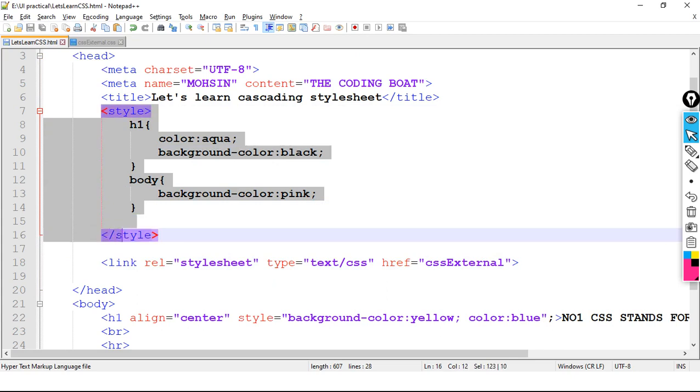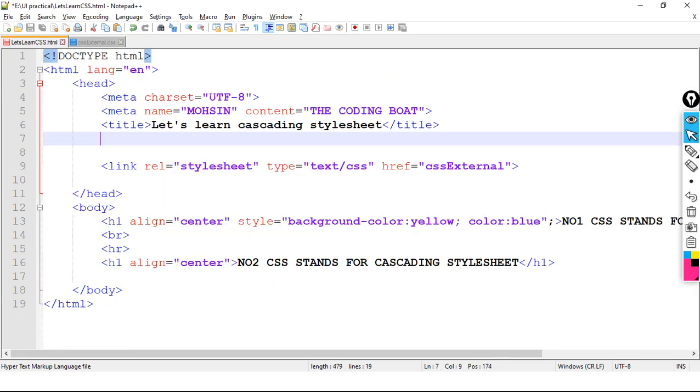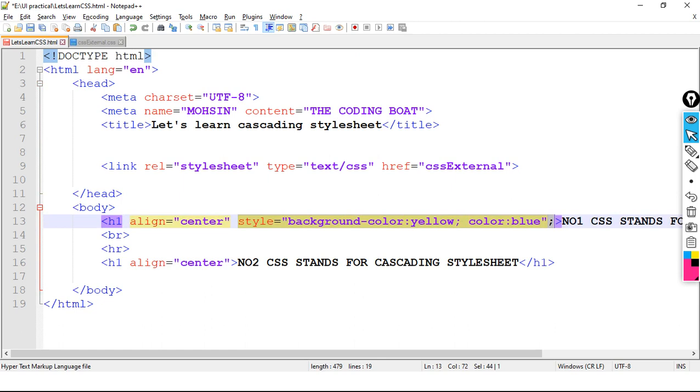See here, I am removing this internal style. Then I am removing this inline style also from line number 13. Okay, now we don't have inline CSS as well as internal CSS. We have only external CSS.